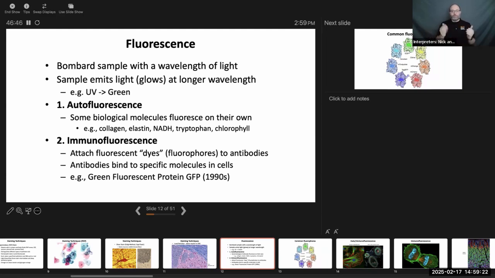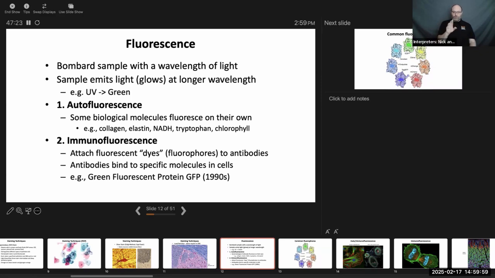The second type of fluorescence is what's called immunofluorescence. Let's say that there's some molecule that you're interested in inside of a cell. You want to be able to identify if the molecule is present, and you want to be able to see where this molecule is located within the cell. But it's not a molecule that autofluoresces. It won't fluoresce on its own. Somehow you want to create something that's going to allow that target molecule, that thing that you're looking for, to fluoresce. So what you do is you take a fluorescent dye, which is known as a fluorophore,